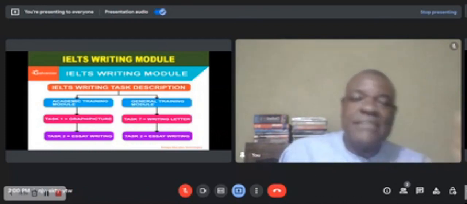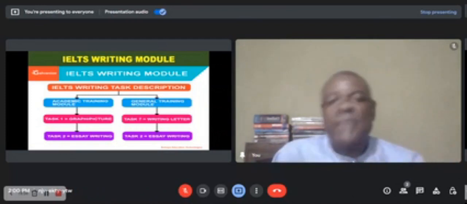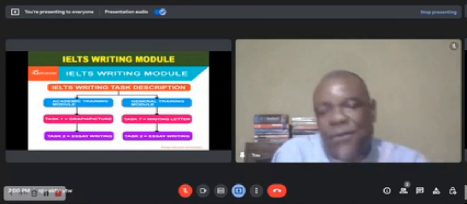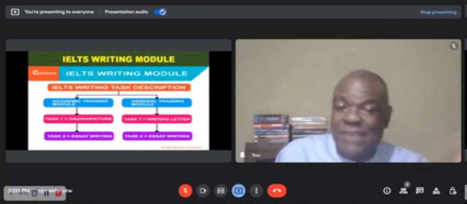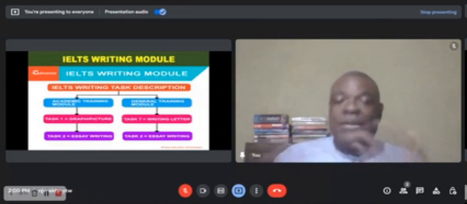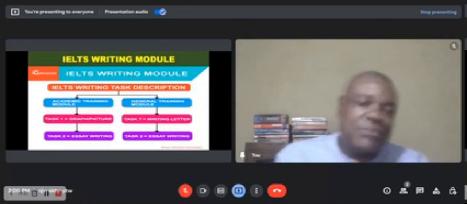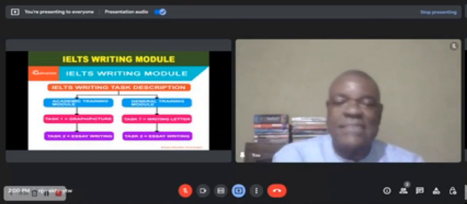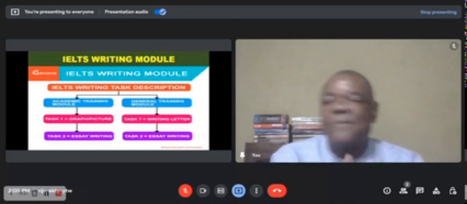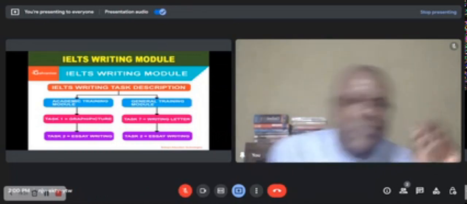Now, general has letter writing in task 1, essay writing in task 2. In task 1, the letter could be formal, informal, or semi-formal. So you need to prepare and to learn how to write each type of letter. You might be given a formal letter to write, or you might be asked to write an informal letter. It could be a semi-formal letter. Then, in addition to